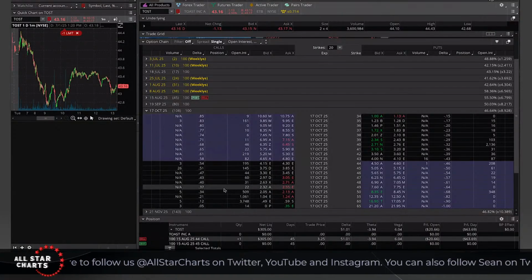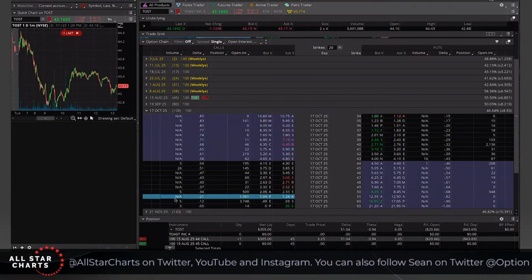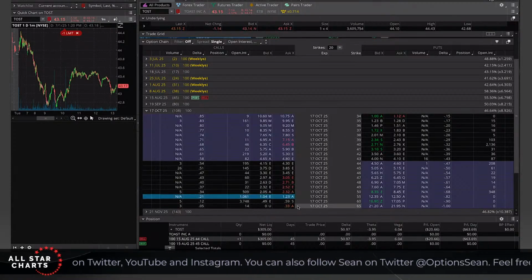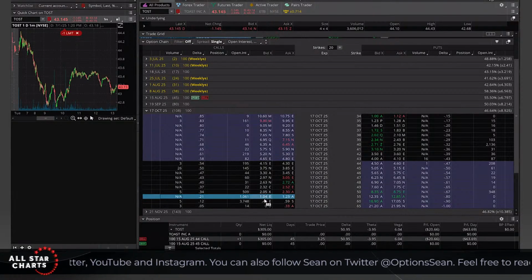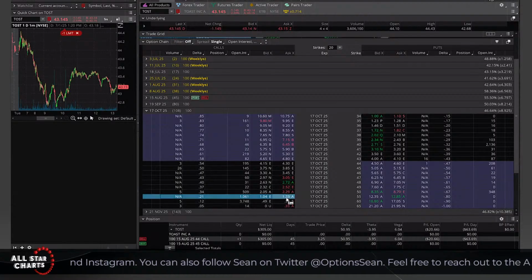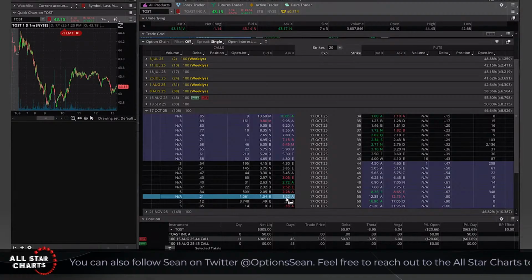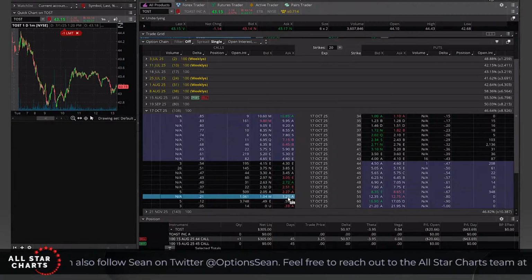And I've got my delta column here along. These are the calls on the left side of my screen. And the closest to the 25 delta strike appears to be the October 55s. Okay. So October 55s, I could buy, that's the bid of 1.04, offered 1.23. So if I put a limit order in to buy this call for, let's say, $1.10, maybe $1.15, I feel pretty confident I would get a fill.